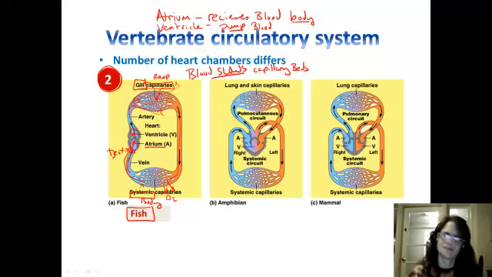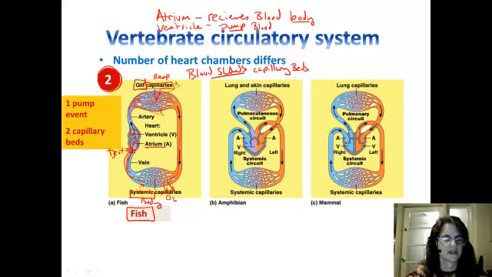Your two-chambered heart is not very efficient at speeding the blood along. It's okay, but it's not efficient enough if you want to live on land and do some high energy activities. So as animals began to venture out onto land, natural selection began to favor a more well-adapted heart for that purpose. So, summary on the fish heart: one pumping event, one ventricle pump, but